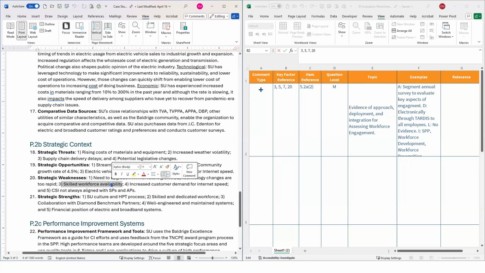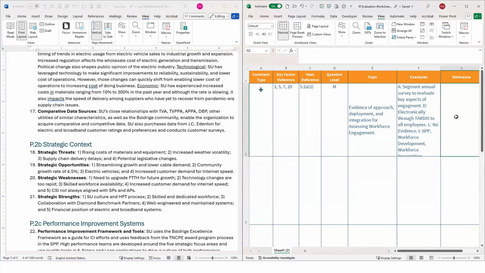Right? So you know what I'm thinking? They really need to keep this process and keep growing this process and keep strengthening this process. So we want to give them a pat on the back because they've got some pretty big challenges that dropping this process might have a real negative impact on. So I'm going to go over to my relevance and I want to say something in the neighborhood of